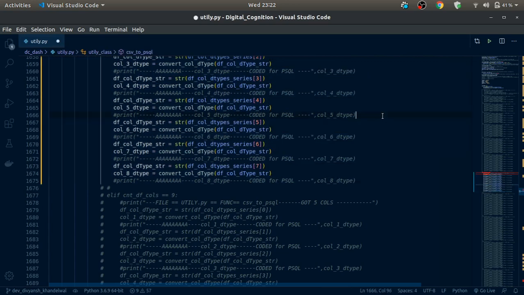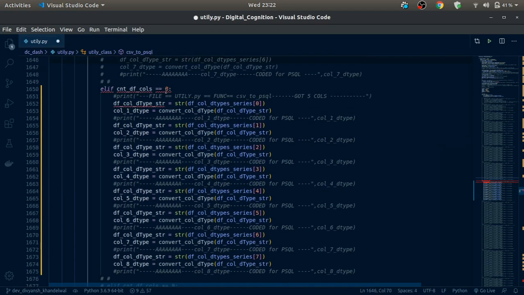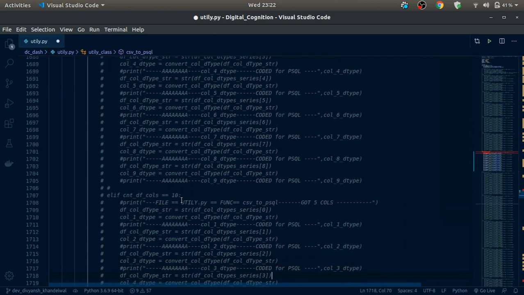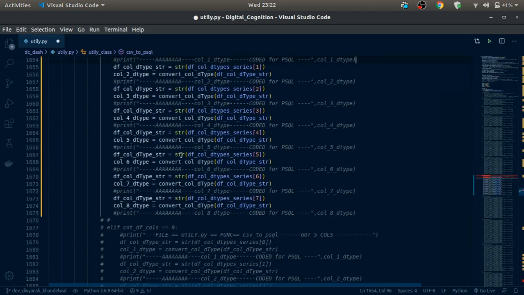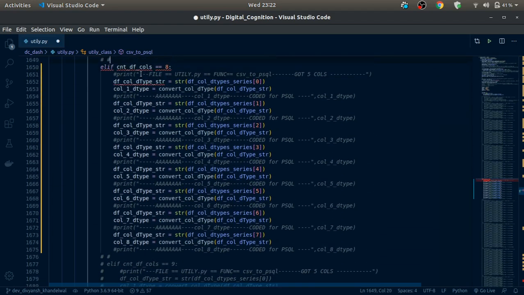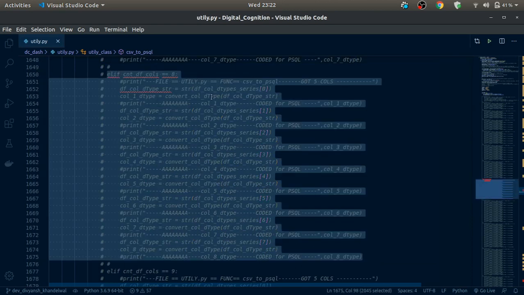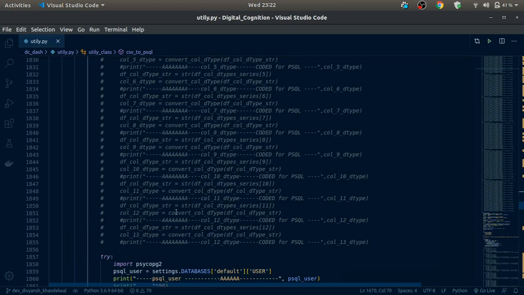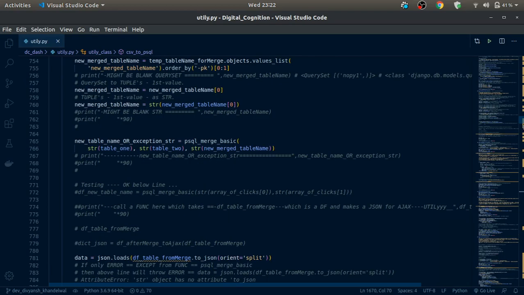It was checking the number of columns, and doing this for all the possibilities, for 8, for 9, for 10, which is not scalable at all. Say someone wants to upload a CSV of 20 columns, then we would have to add code for all the 20s, and this is not the way to go.